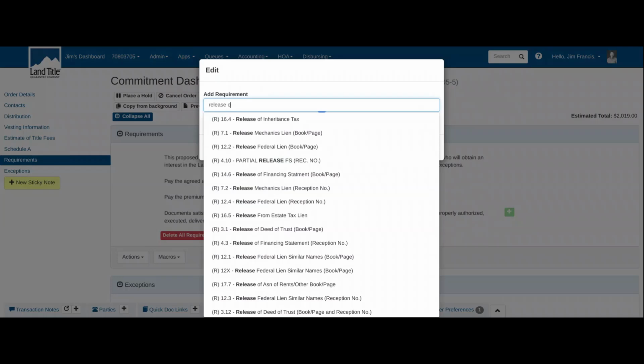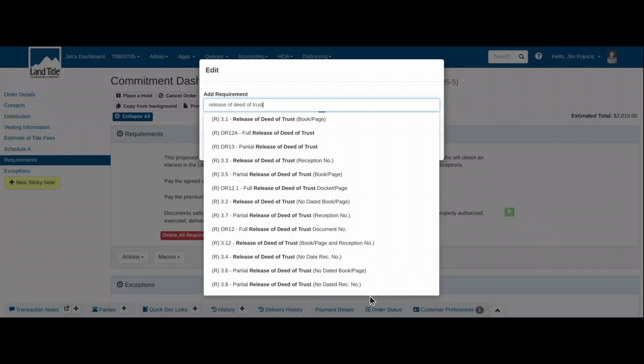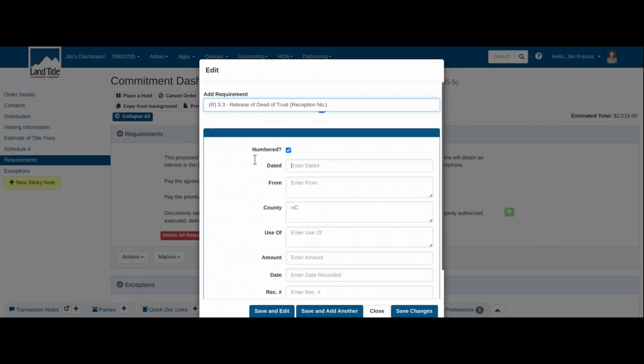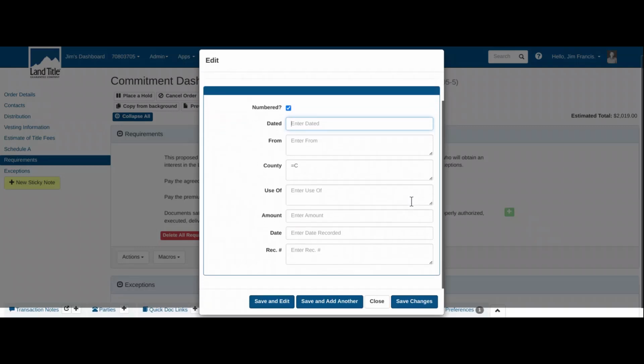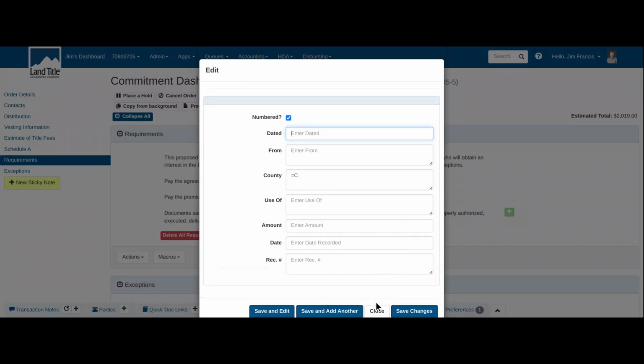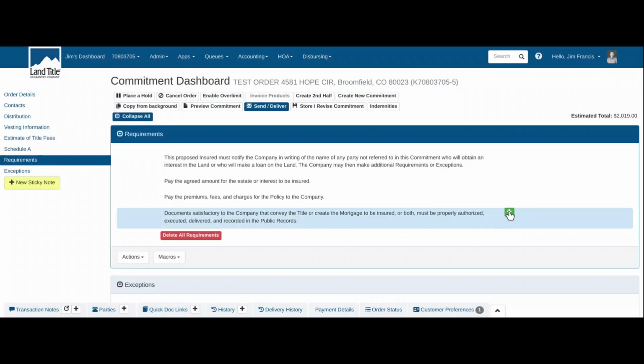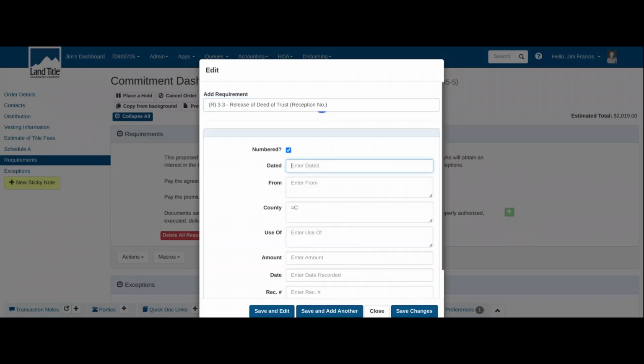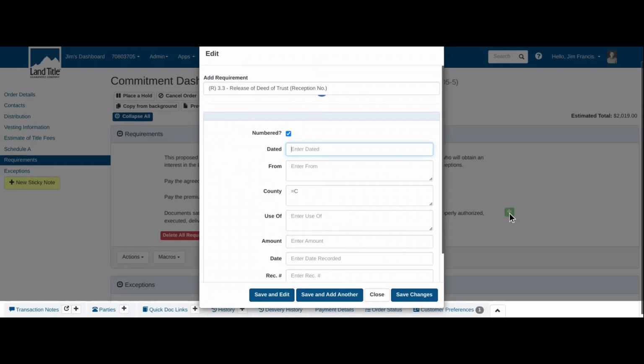Start typing what you are looking for to get a list of possible matches. Select the one you need. Here you can fill out the information from the recorded document. Alternatively, if you know the requirement code, you can type that in and press the Tab key to access the fill-in screen. I will just go ahead and fill in the information for the deed of trust we want to